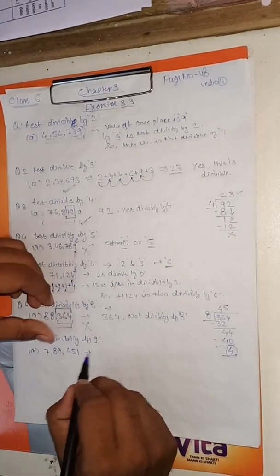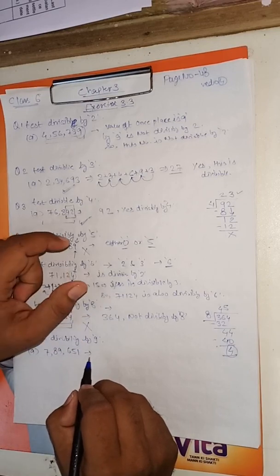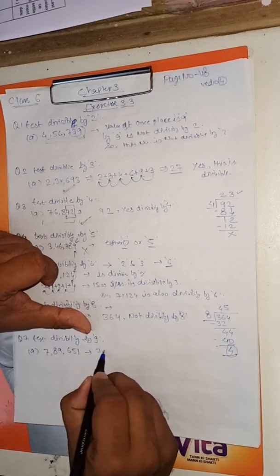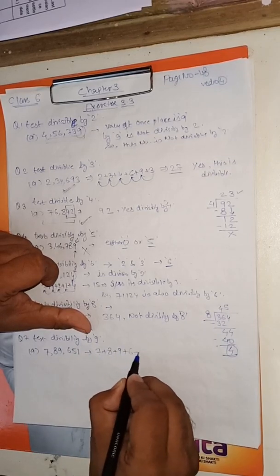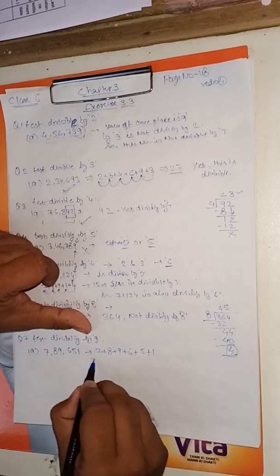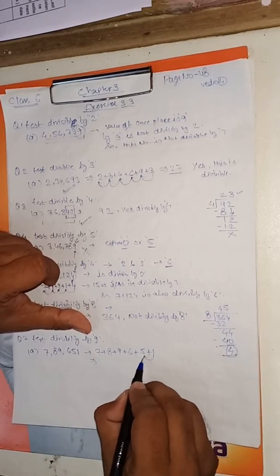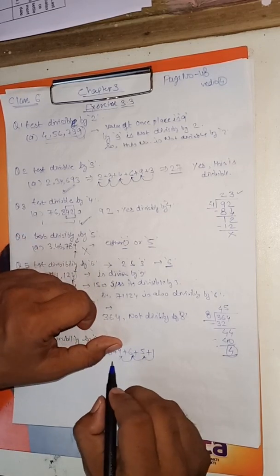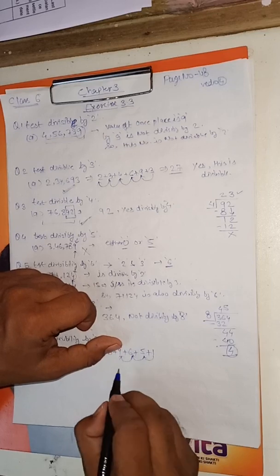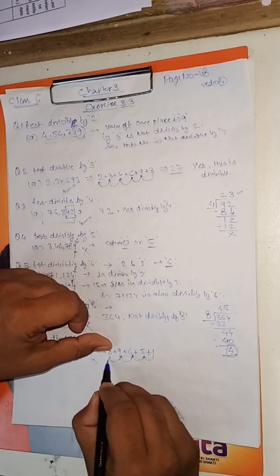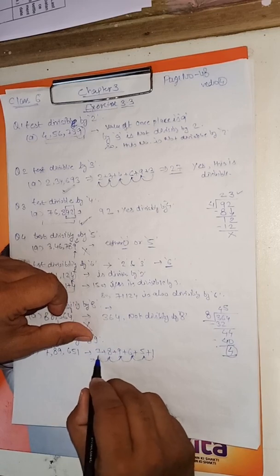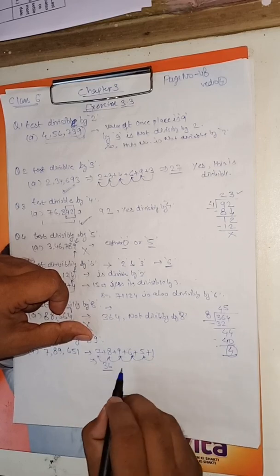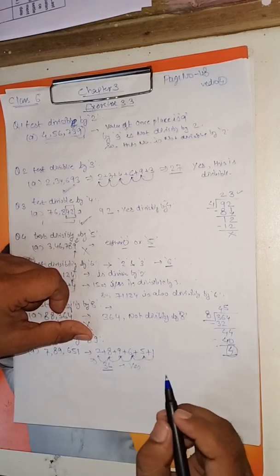Here we are going to sum all the digits individually. If that sum is divisible by 9, then that whole number is also divisible by 9. So 7 plus 8 plus 9 plus 6 plus 5 plus 1. What will we get here? 5 plus 1 is 6, 6 plus 6 is 12, 12 plus 9 is 21, 21 plus 8 is 29, 29 plus 7 is 36. So 36 is divisible by 9. Yes, 9 fours are 36.